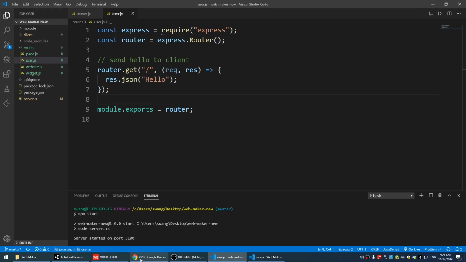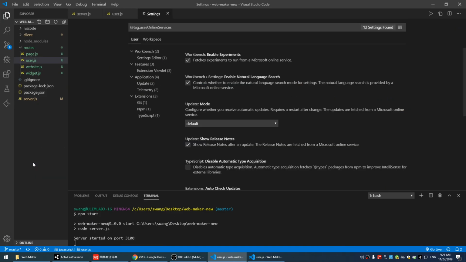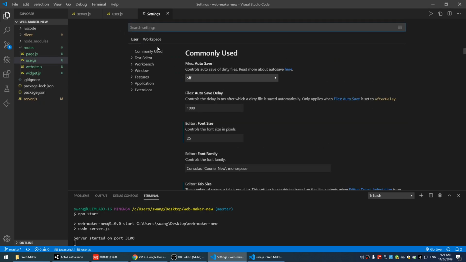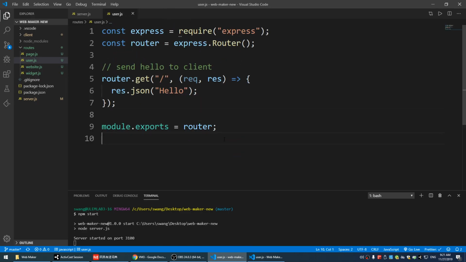Is there a way to make the font bigger? Still bigger. Let me see if I can. How about that? Yes. Okay. Right, so